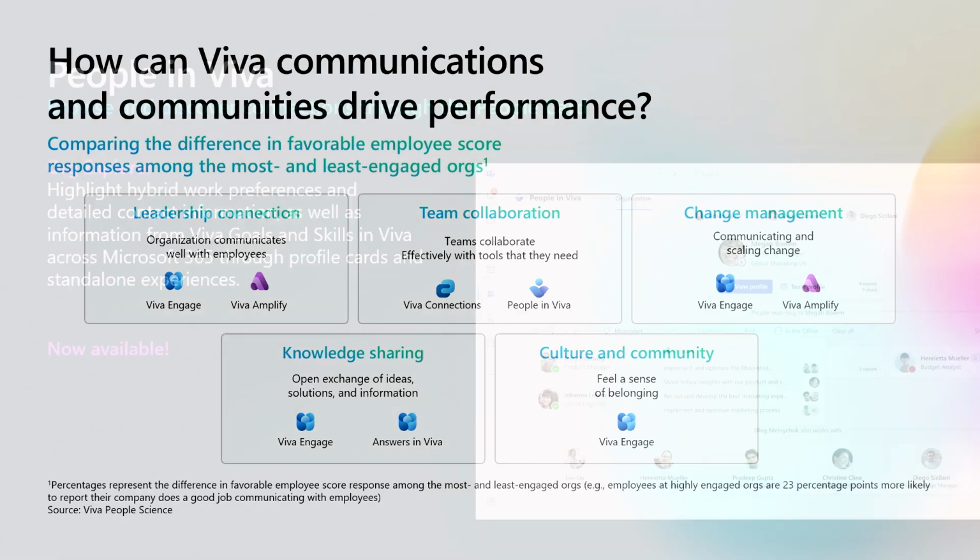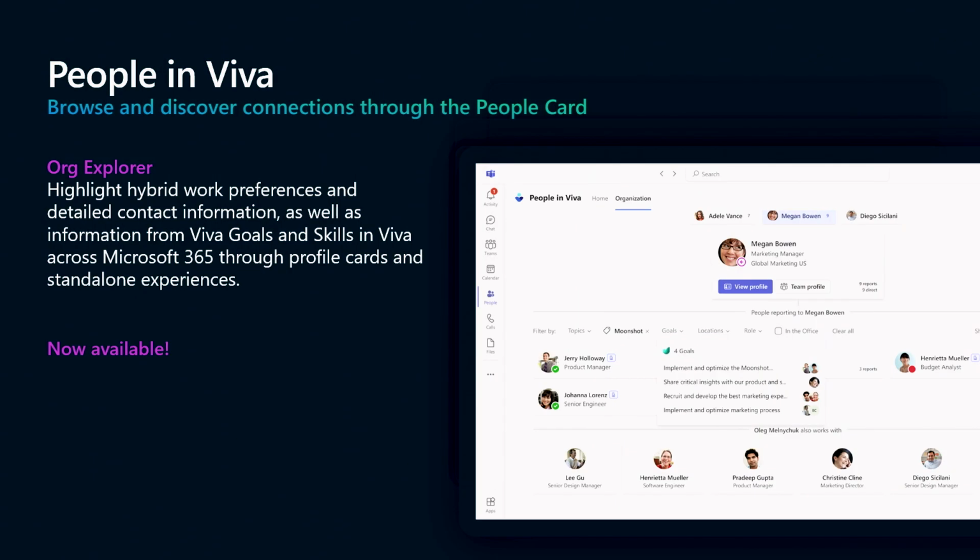Lastly, one of the areas I want to show you is an extra benefit that you get as part of this solution as well. So People in Viva is a component. We won't go into it in depth today, but People in Viva helps you to get a great sense across the organizational chart that you have. Thinking through that hierarchy inside of your company, oftentimes it's difficult to see how people are connected across your organization. So wouldn't it be awesome if you could explore all of that? And so you can actually use this.